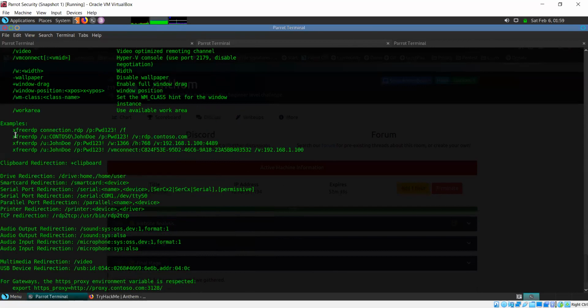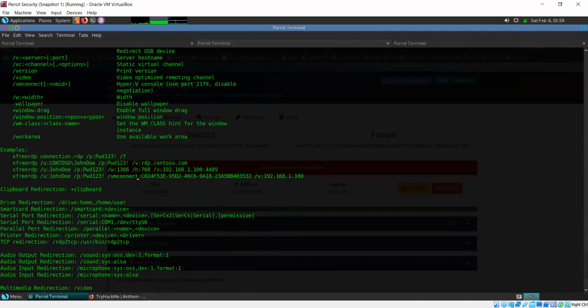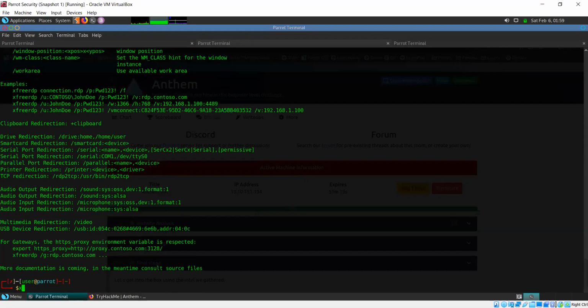The main thing you need to keep in mind is you need a username, a password, and you need to know where to connect. You should have a host name or an IP. So those are the three main options we need to use.